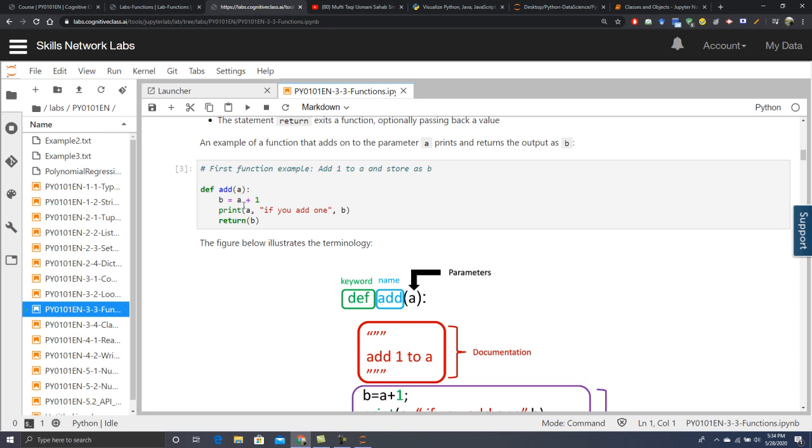And then b is equal to a plus 1. B is equal to a plus 1, which is the command we want to execute within a function, and then we will say print a, if you add 1, then b. So if for example I give it 1 here, then b will be 1 plus 1, equal to 2, then it will print a, which is 1, comma, if you add 1 it will be b, which is 2,